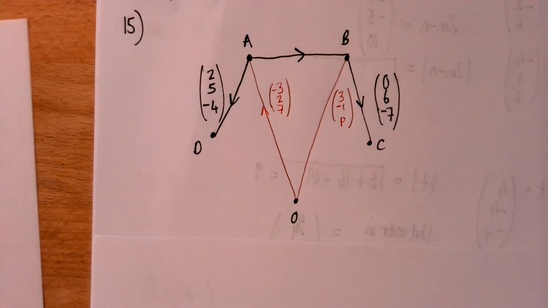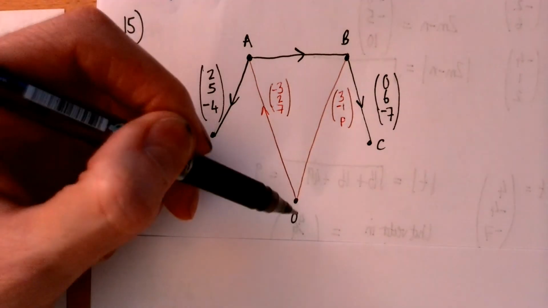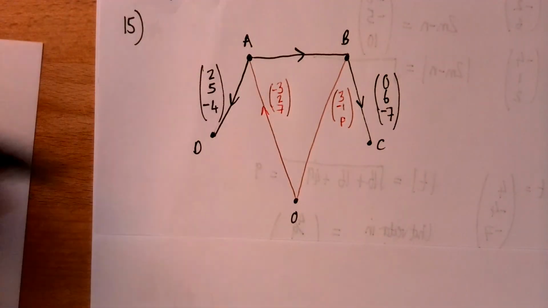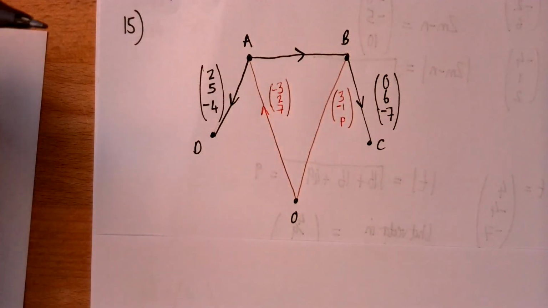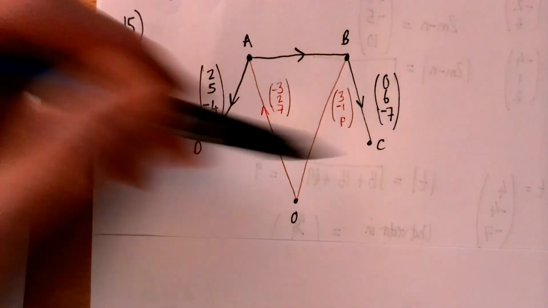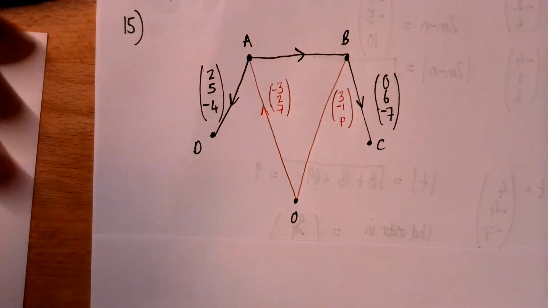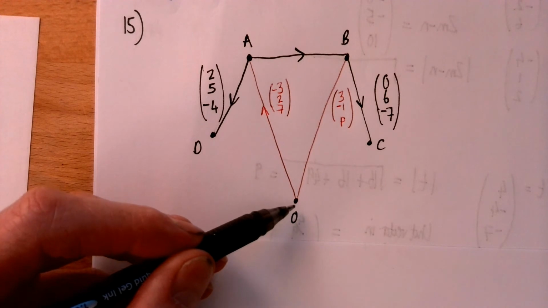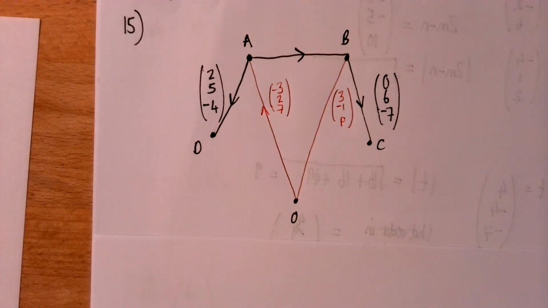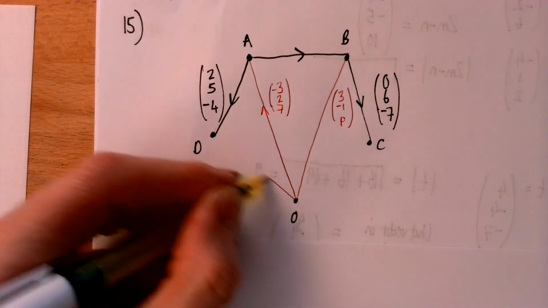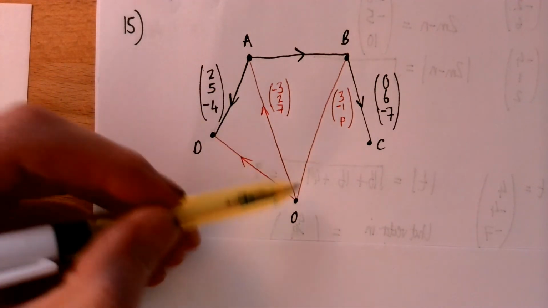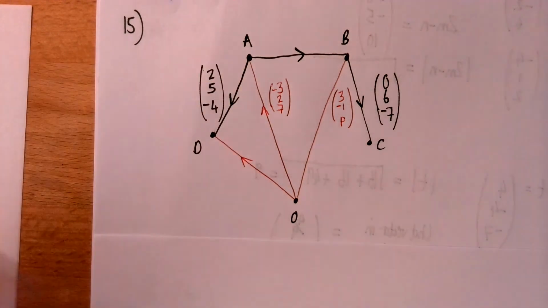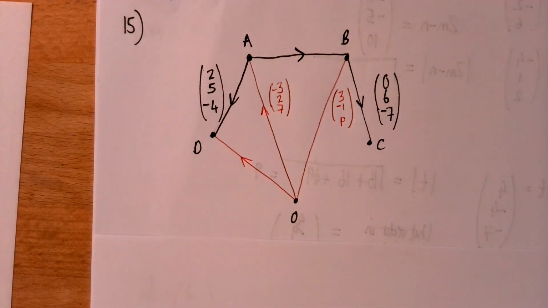So I've got my 2 position vectors, OA and OB, and then I know about the journey AD and BC. And like I say, I'm not sure at the moment that these vectors are arranged correctly, but I've got them going in a clockwise direction. Now, I hope the first part is nice and easy. You've got to find the position vector of D, and that just means what's this journey here from O to D, and I can get that by going up that branch and down that branch. So it's plus that and plus that, so I'm going to leave you to work that one out. But we're then told if